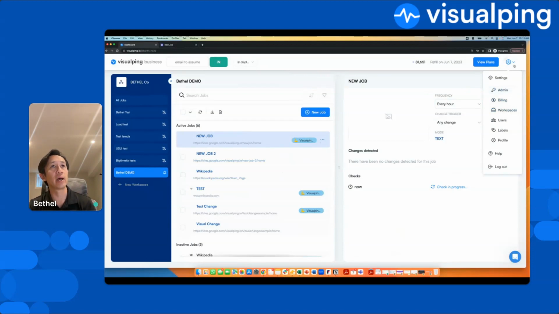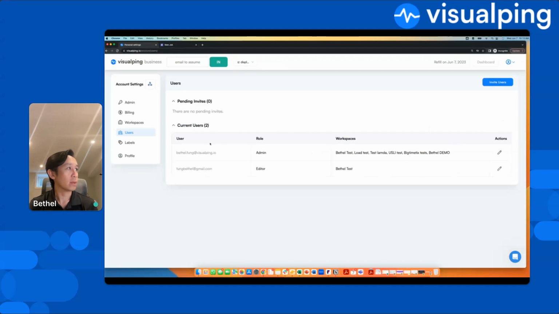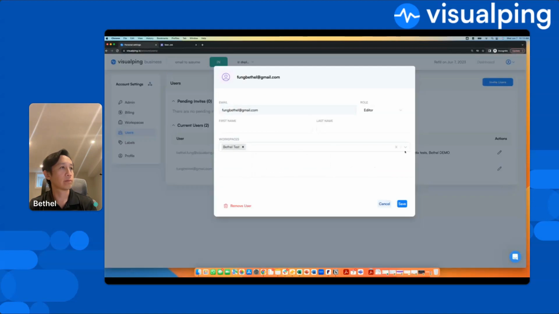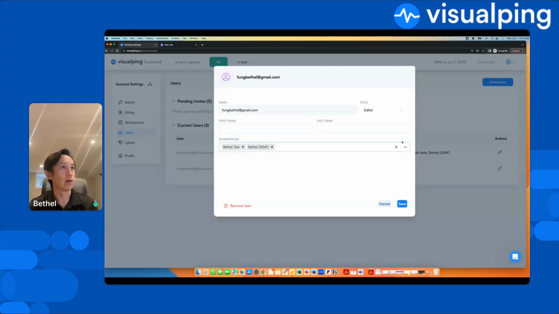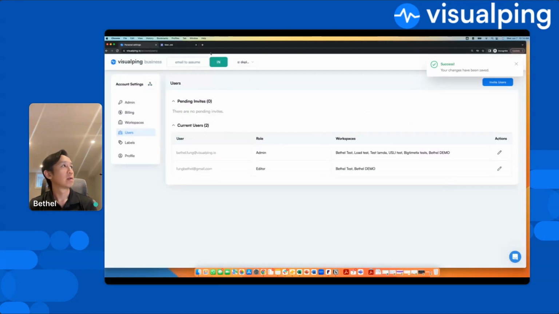So as an admin, I can go on the right-hand side and click on users, and I can assign. You see my other email here has only access to Bethel test. I can assign Bethel demo as well and save it. And when I log in on this email, I only have access to those two workspaces. Going back to the dashboard really quickly,